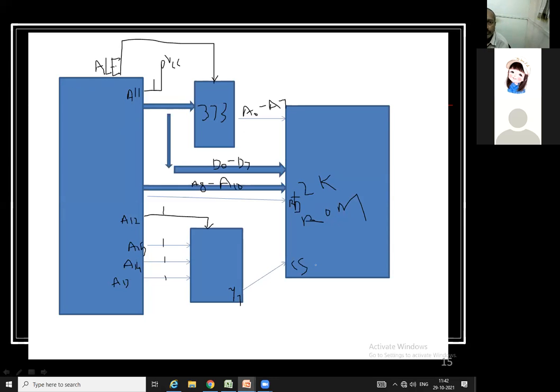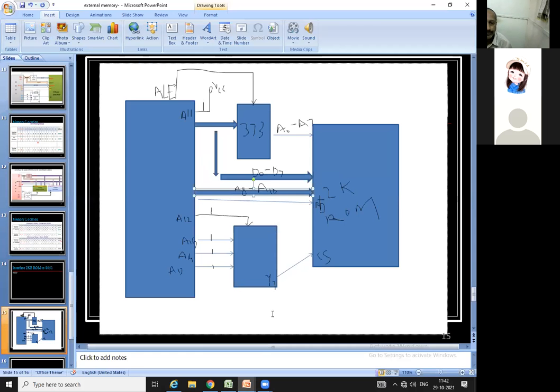Okay, so this is the diagram I have tried to draw, and this is what you might have drawn. What is this skip? Okay. So this is the memory interfacing and memory organization. This part is over for this 8051. With this, we will move towards the next point here,